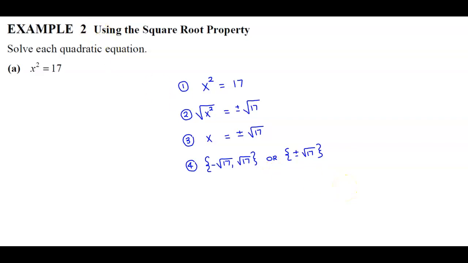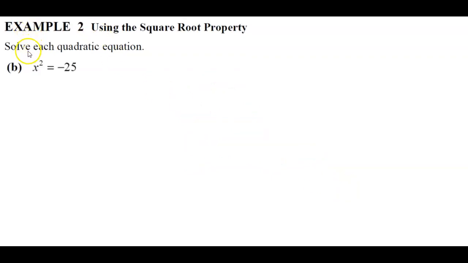Okay, now let's move on to the next example. Here we have x squared equals negative 25. So let's go ahead and write that out. We have x squared, which is equal to negative 25. Okay, so just like we did in the previous example, we're going to take the square root of both sides. So we have the square root of x squared, and that's equal to plus or minus the square root of negative 25. Now, we know that the square root of x squared, meaning what do I have to square to get x squared, our result is x,